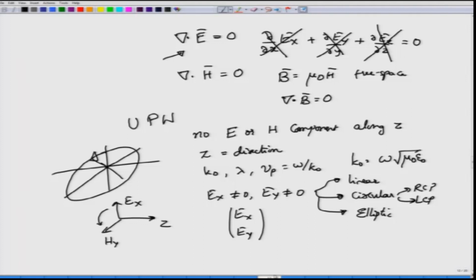We will postpone that discussion, and for now just recap that the plane waves that we considered were characterized by waves propagating along the z direction, with no E and H component along the z direction as well. We had defined a few parameters such as the wave vector or wave number, wavelength, and we described the phase velocity. More of this will be talked about in the next modules, but let me ask you one thing. Is it possible for the wave to propagate in any direction apart from z?